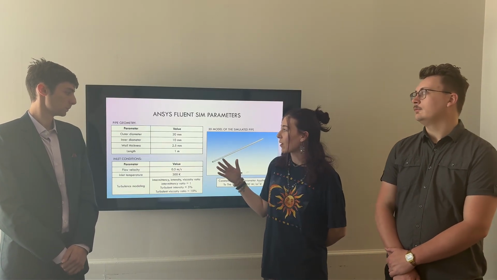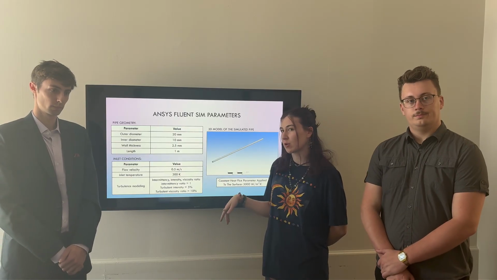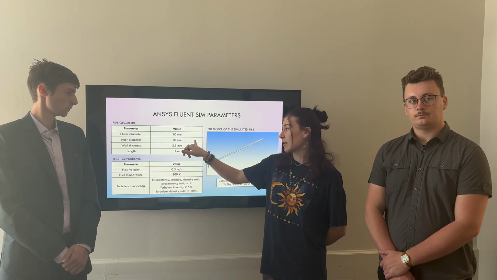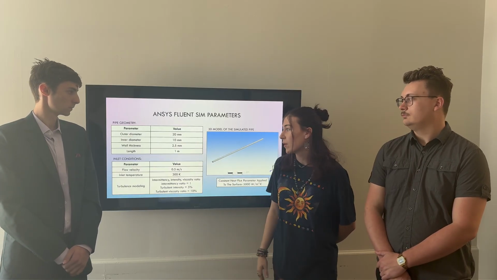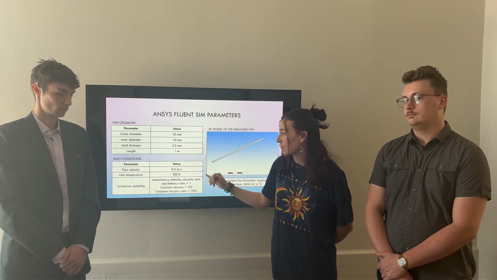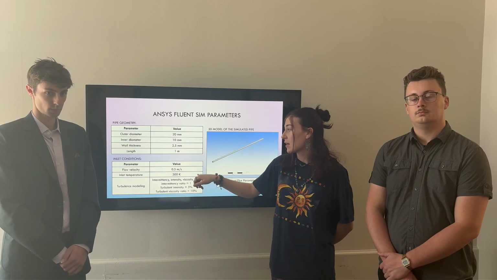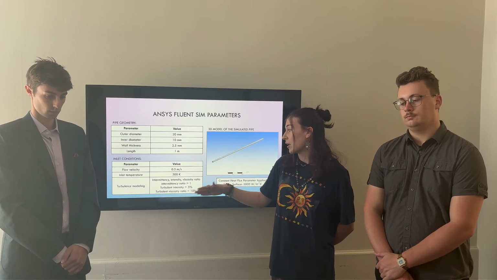simulation. For the pipe geometry, the outer diameter is 20 millimeters, the inner diameter is 10, wall thickness is 2.5, and then the overall length of the pipe is 1 meter. Our inlet conditions, the flow velocity is 0.5 meter per second, the inlet temperature is 300 Kelvin, and then for